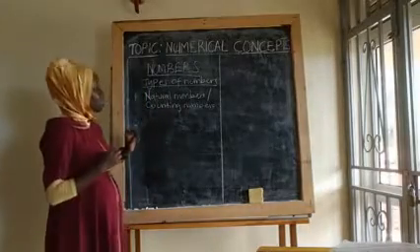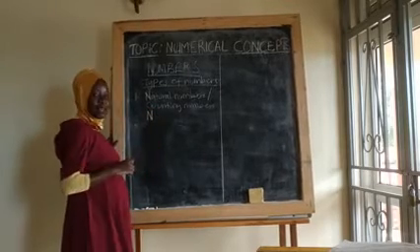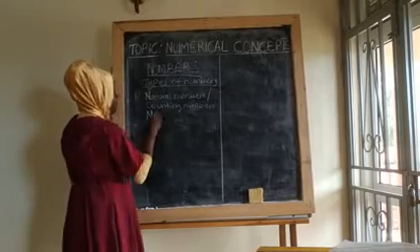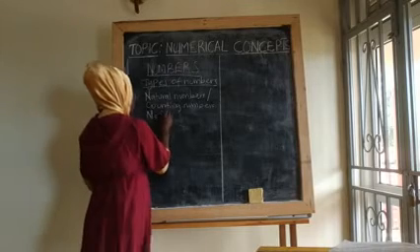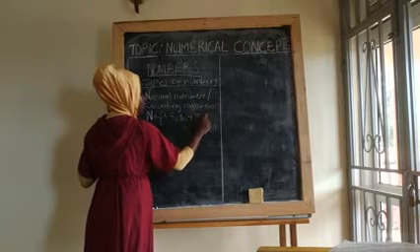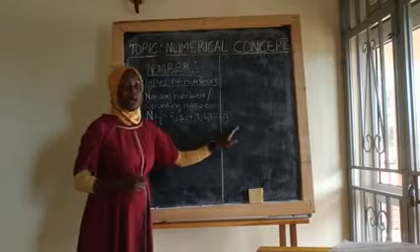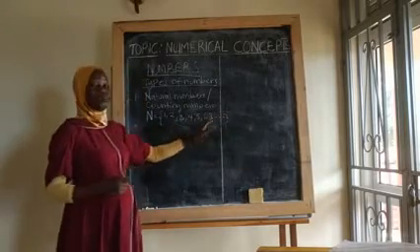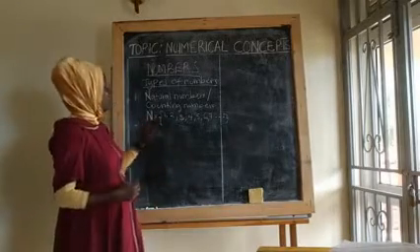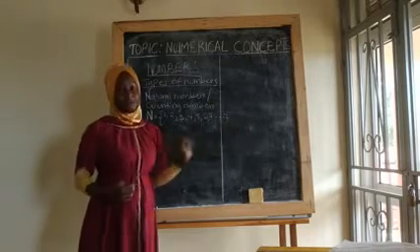My set of counting numbers or natural numbers will be denoted by capital N. Sets are denoted by capital letters. Capital N, and my N is given by, we start from 1. I have 1, 2, 3, 4, 5, 6, 7, and I put the 3 dots to show that my numbers are continuous. They run up to infinity. Counting numbers are numbers we use to count, and they're also called natural numbers. They run from 1 up to infinity.